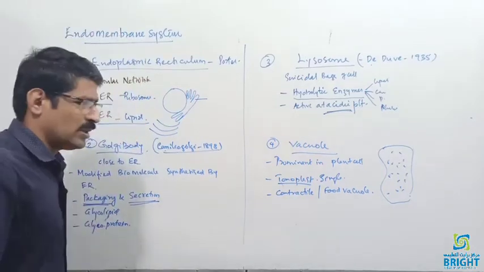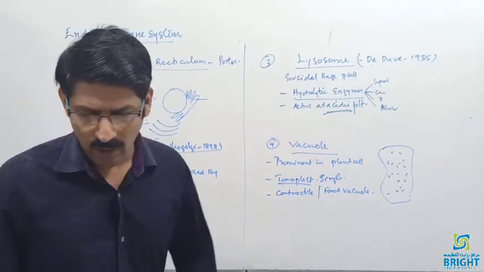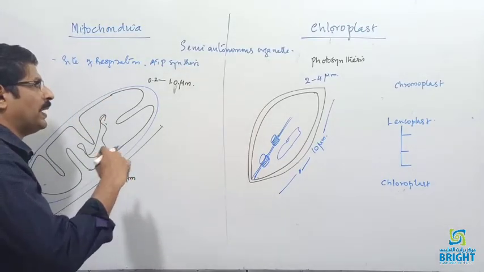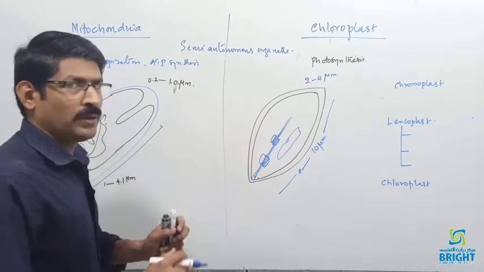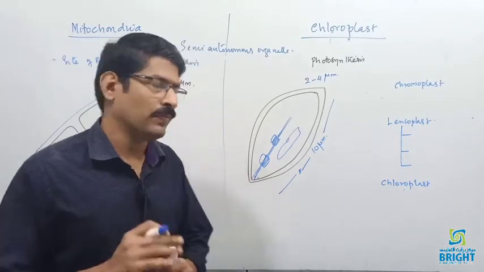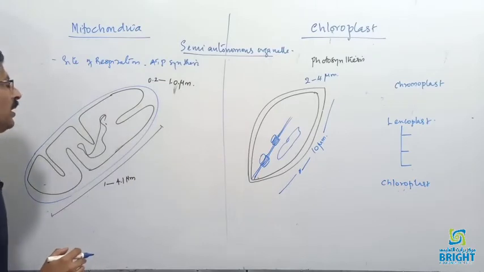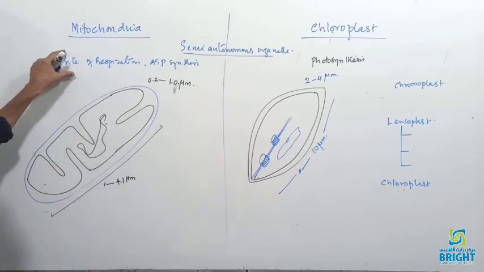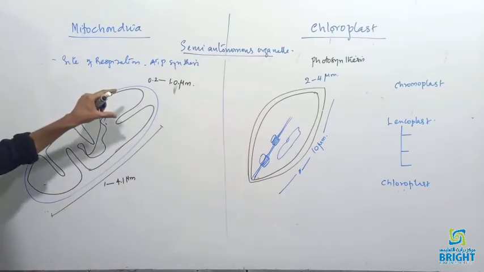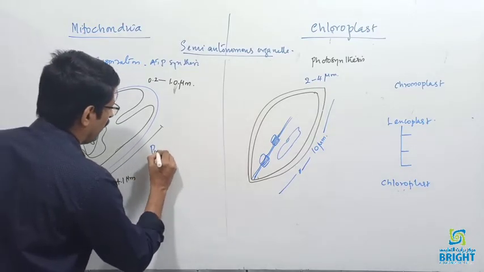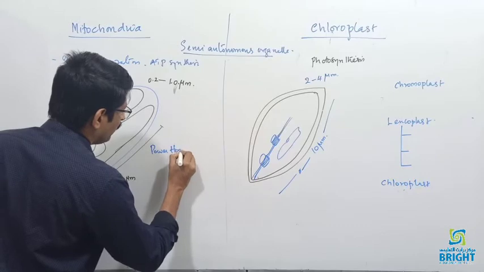So we have to discuss mitochondria and chloroplast. Mitochondria is common in both plant and animal cells, but the chloroplast is present only in photosynthetic organisms. And both are called semi-autonomous cell organelles. And what is the shape of mitochondria? We know mitochondria is a site of respiration and a site of ATP synthesis, and mitochondria is commonly called the powerhouse of the cell,